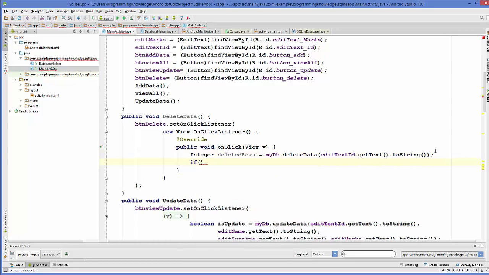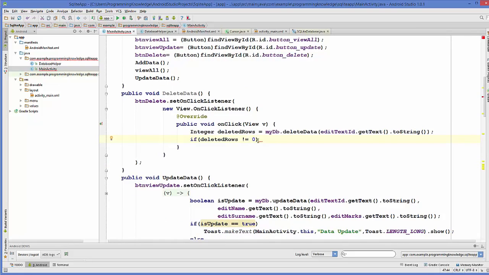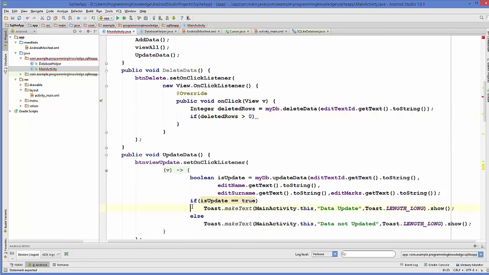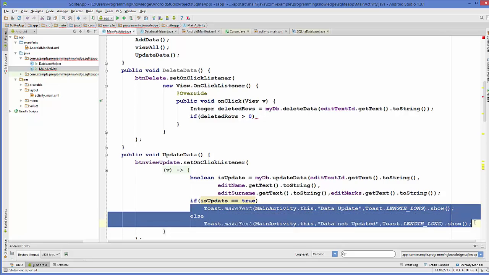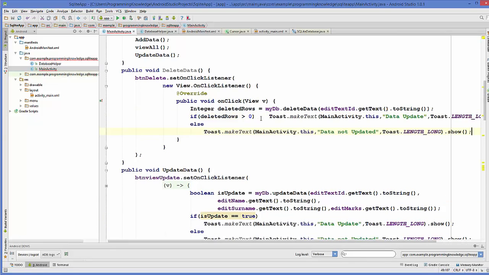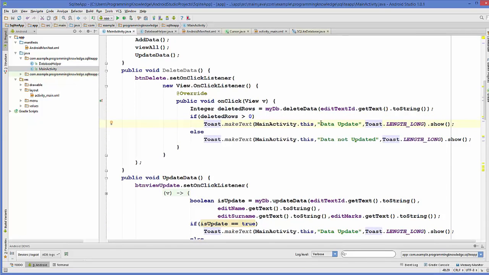If this deletedRows is not equal to 0, that means some rows are deleted, or better we can say it is greater than 0. If this is greater than 0, then I will copy this to save some time, and we are going to create a toast which will show the message like this: